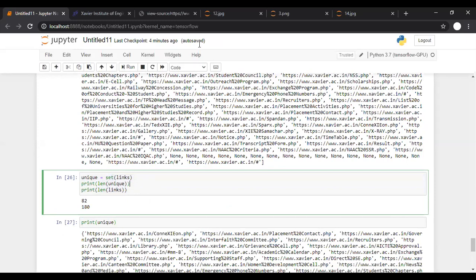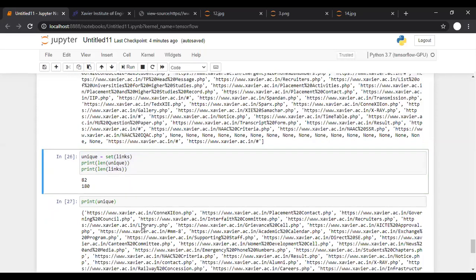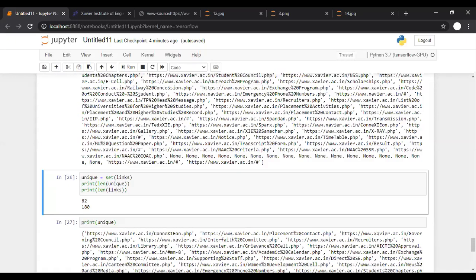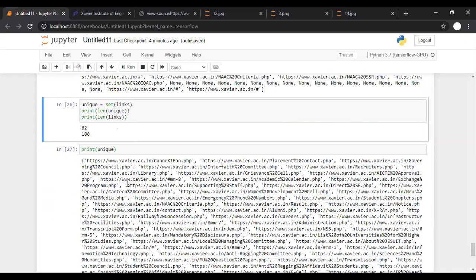To this set method we pass our links, and it returns only unique links. I'm storing that in a unique object, and now we know there are only 82 unique links out of 180, means so many links are repeated. If I print it, you get all these, and now you can crawl these pages one by one.